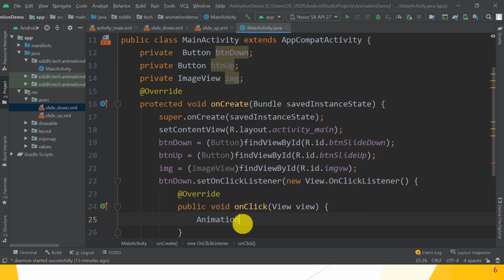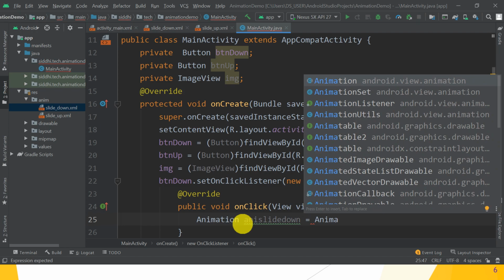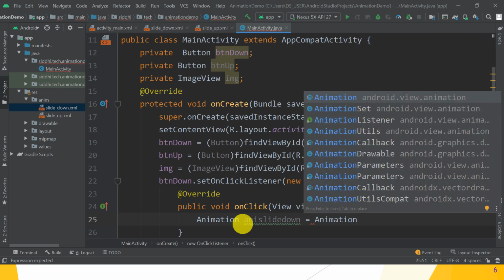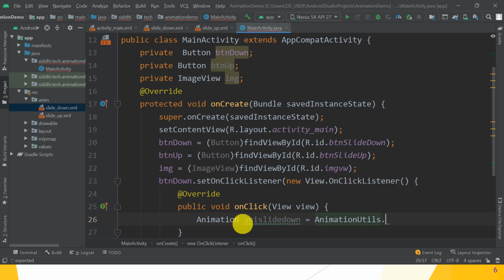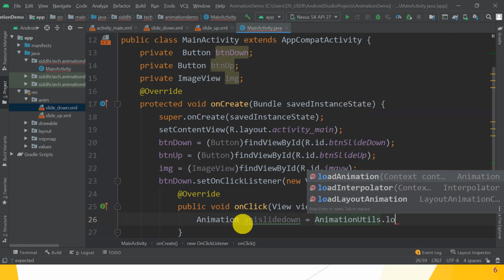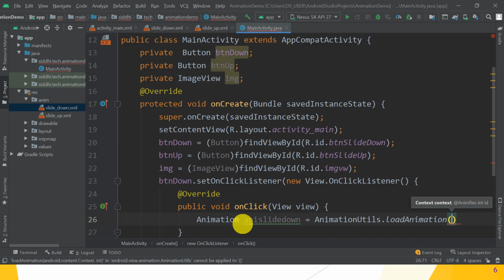okay. So an object of Animation, that is Animation slideDown is equal to AnimationUtils.loadAnimation. So the AnimationUtils.loadAnimation method, what does it return?